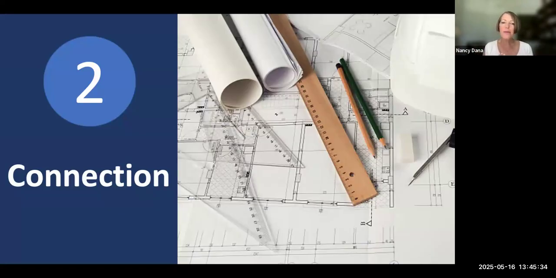So what you want to be thinking about as you develop your wondering is what is going on around you that is helping to shape the work that you do with students with autism. And you will want to be sure that you connect in some way to what's going on in the broader community, what's going on in the broader field of working with students with autism. Okay, so passion, number one, and connection, number two. Here we go with number three.